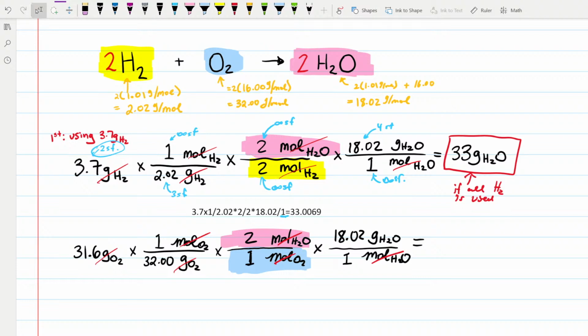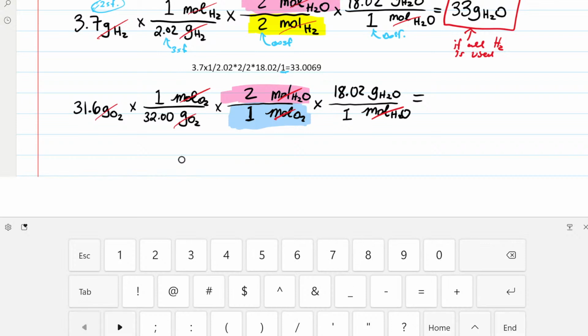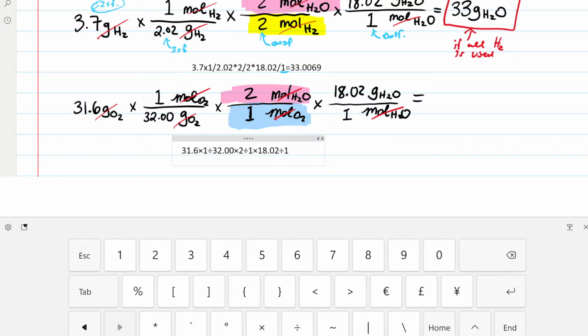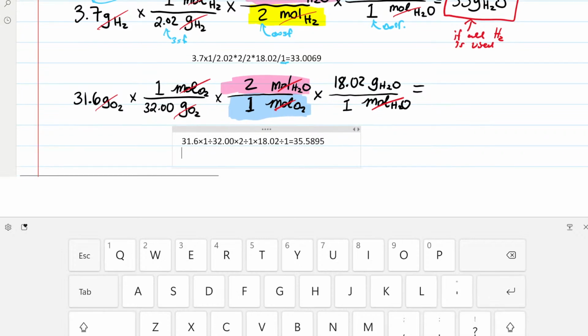Let's find out. 31.6 times 1 divided by 32.00 times 2 divided by 1 times 18.02 divided by 1, and we will get